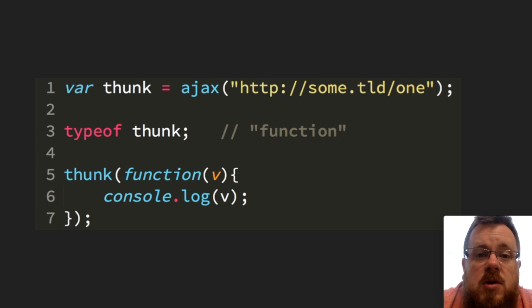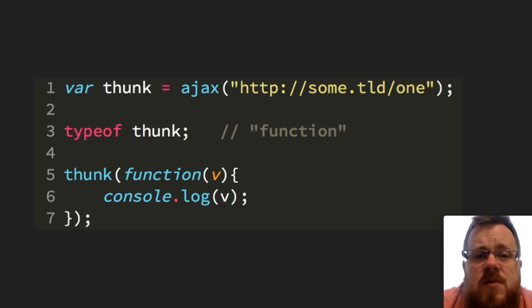So that's what we're going to do. We're going to call that function, that thing I've named thunk, provide it a callback which receives the response, in this case the V. So that is the way for me to asynchronously assign, essentially to unwrap the response. Now you notice that I don't have to call thunk right away. Thunk is a function that will, in essence, remember the response, and we could call it at a later time. Theoretically, we could call it multiple times, and every time we call it, if we provided a callback, it will receive that Ajax response as its first parameter.